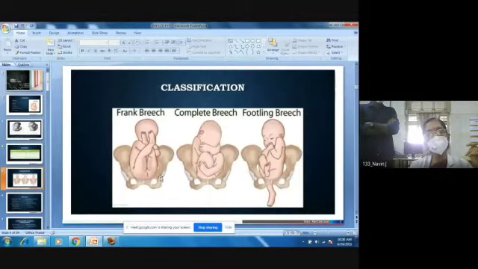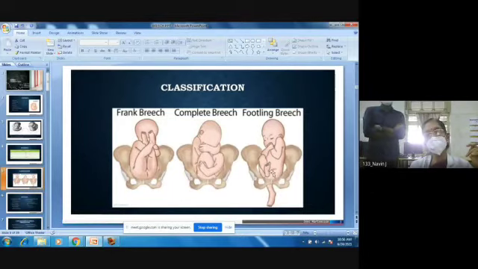Whereas in a frank breech, when you do a PV, you will be feeling the baby's sacrum and the ischial tuberosity of the baby on either side, and the anal sphincter can be felt, right? So the ischial tuberosities and the anal sphincter will be forming a straight line. In a frank breech, you will not be able to feel the baby's foot. Whereas in a complete breech, which is also called a flexed breech, you'll be able to feel the buttocks on one side and the baby's foot on the other side.